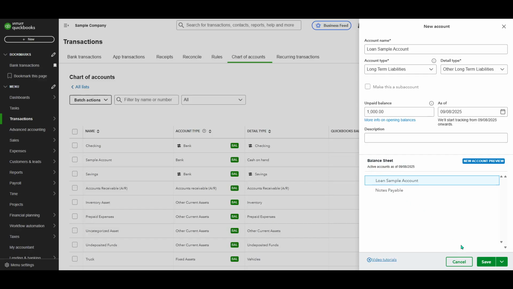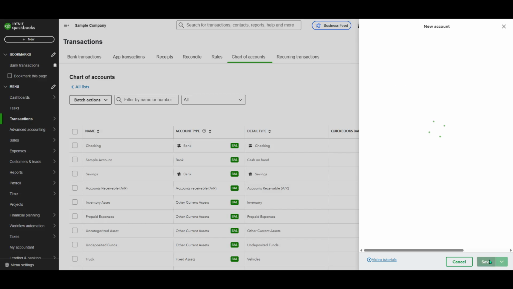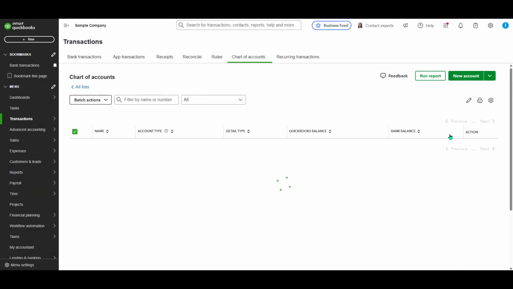And that's it. You've successfully entered a loan in QuickBooks Online. By properly tracking your loans in this way, you'll have a far more accurate picture of your company's financial health, allowing for better